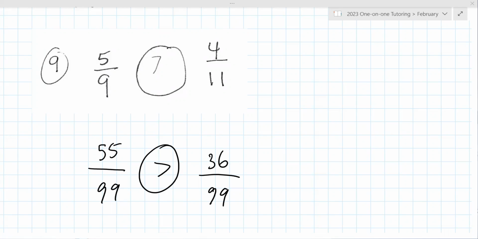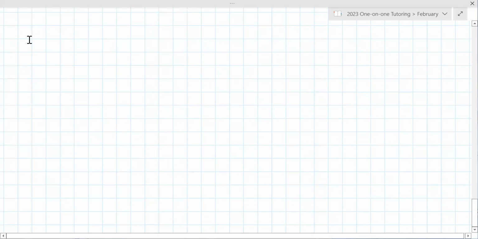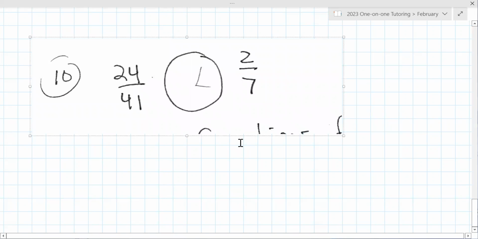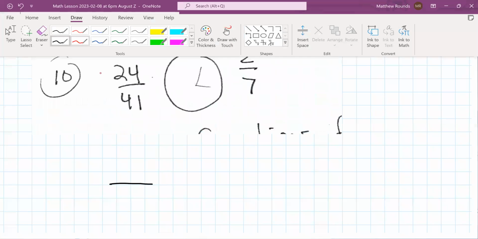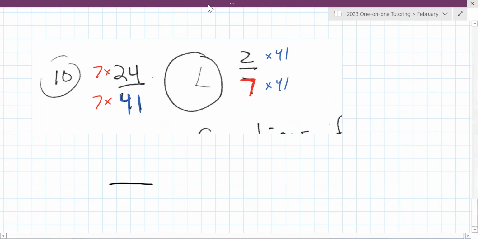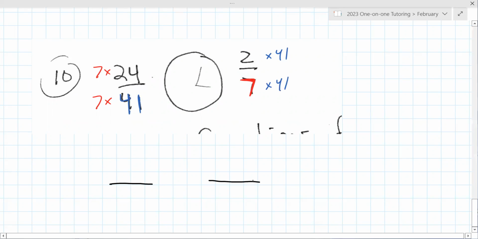Another way to do this is to convert them both to decimals, but I don't think you need to do that. I think using the common denominator approach is probably the best one here. So let's have you do the same thing here. Let's have you multiply the left numbers by 7 and then the right numbers by 41. Which I know is more multiplication, but okay, well, 2 times 41 is 82. Good. 7 times 24 is